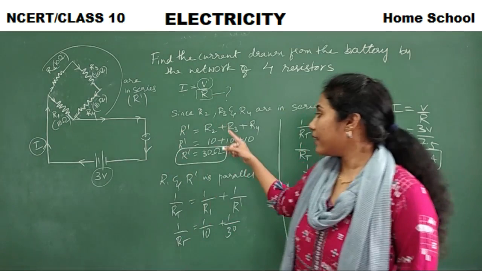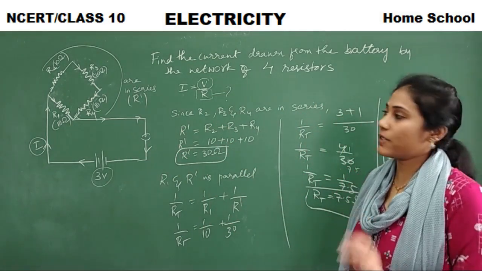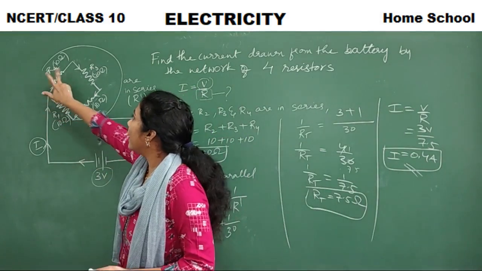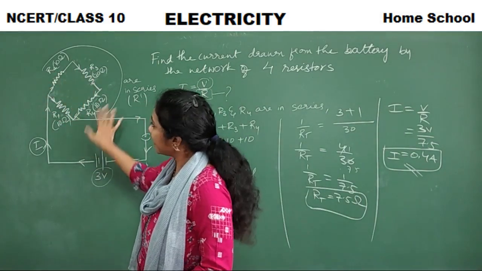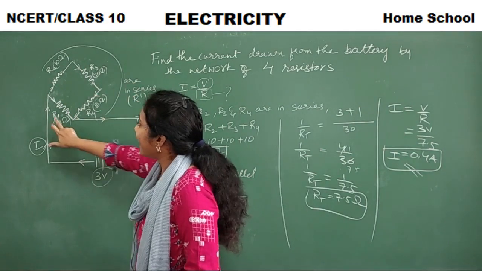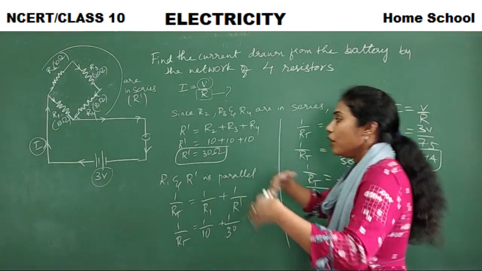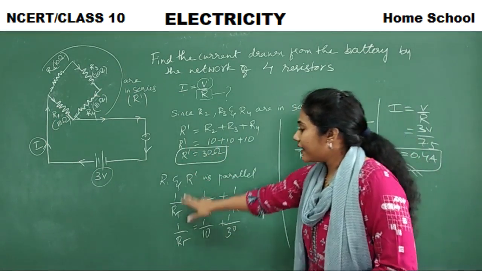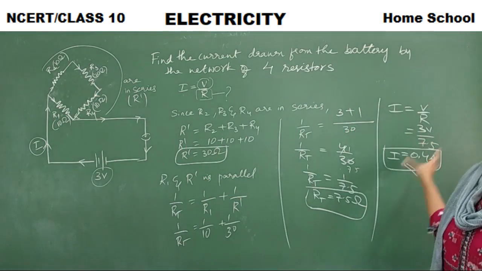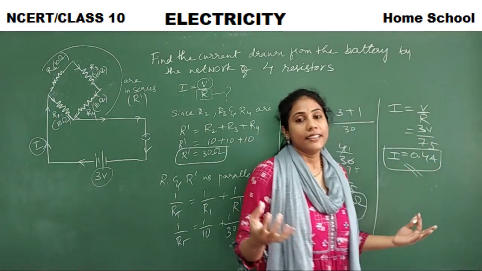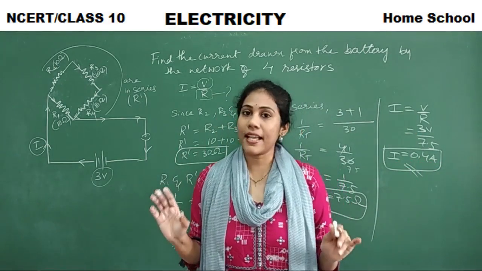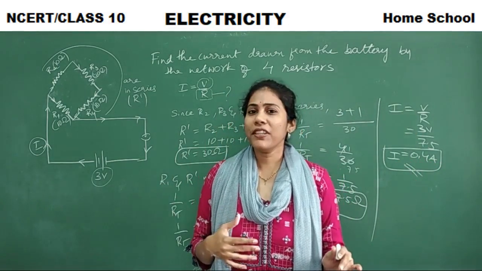See how we calculated the total resistance. That is very important. So understanding a circuit diagram is very important, guys. R2, R3 and R4 are in series. First you calculate that. Then that R dash, whatever you calculated, and R1 is in parallel. So total resistance you will calculate with the help of this formula. So calculate total resistance and then I, total I that is there in a circuit. Yeah. So this is one of your board exam question. So we will go for the next question.